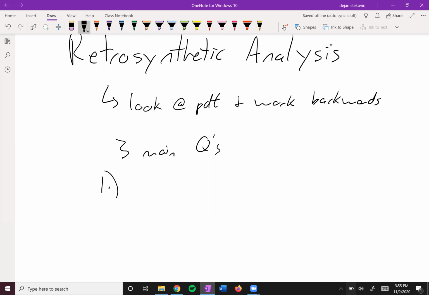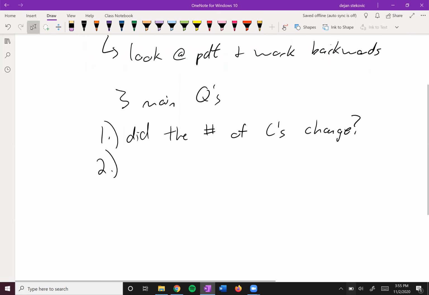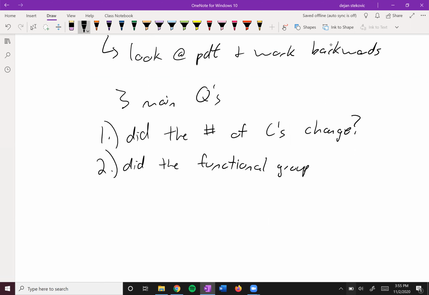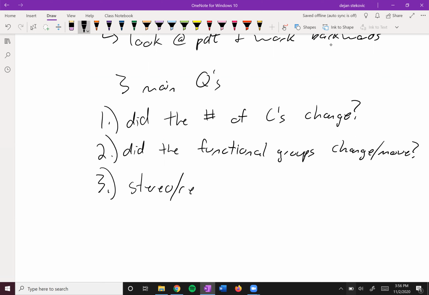The number one question you want to ask yourself is, did the number of carbons change? That's going to point to some kind of acetylide ion or some oxidative cleavage. Did the functional groups change? Did they move? That's going to point to some kind of addition or elimination reaction, or if they just changed, maybe some kind of substitution reaction. And then finally, number three is the stereo and regiochemistry